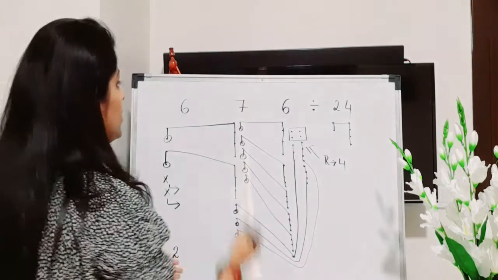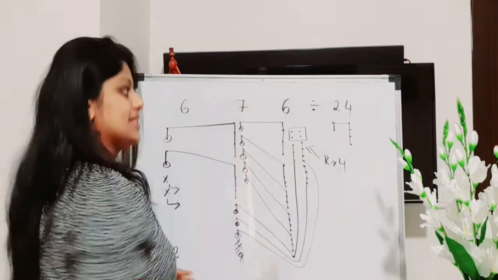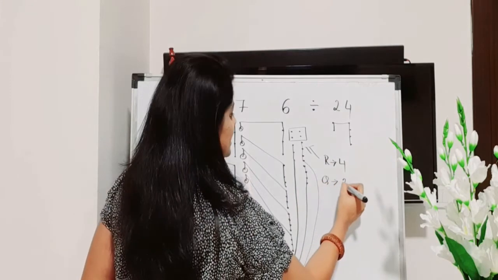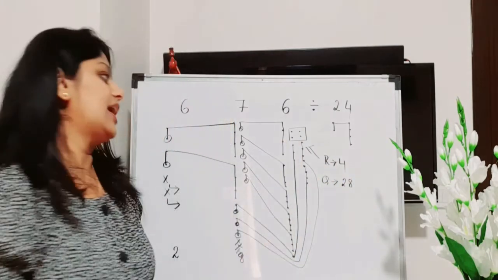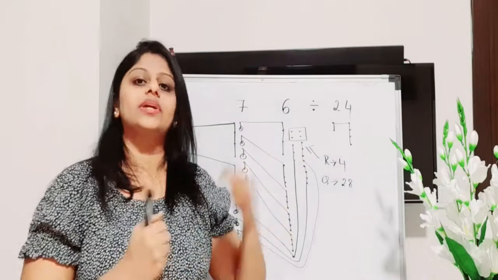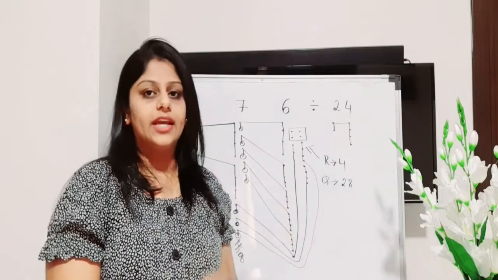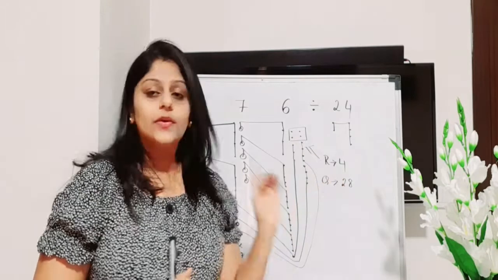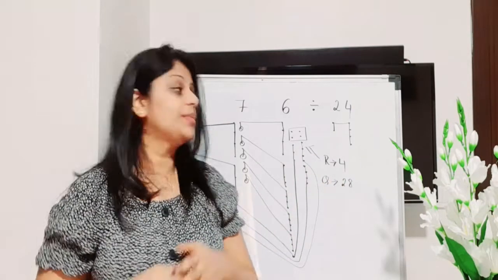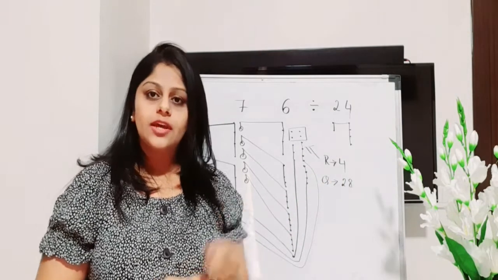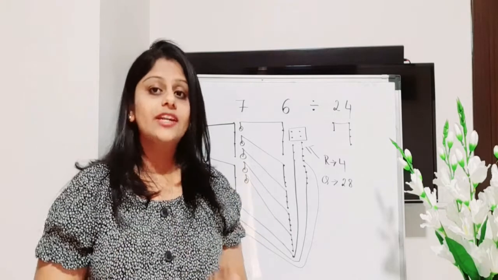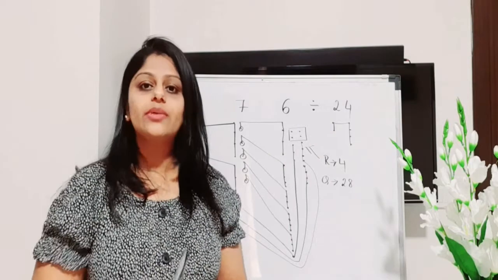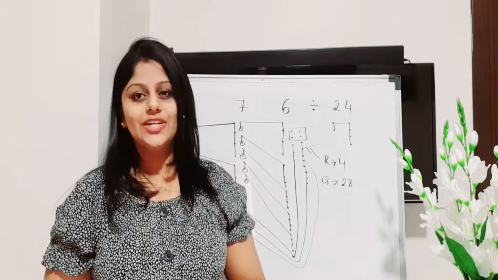So therefore our quotient for 676 divided by 24 is nothing but 28, and the remainder that we get is number 4, because we can't forward those dots to any other column. I hope it was clear. This is a bit lengthy. You might feel it as lengthy, but actually it is easy. If you know the steps properly, you can quickly draw the dots and solve it quickly.